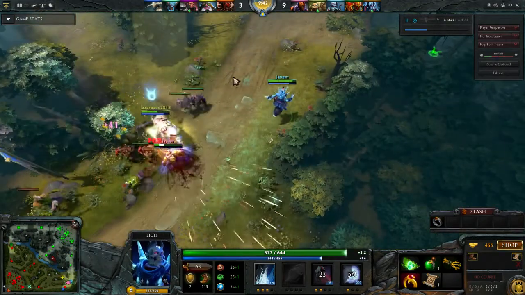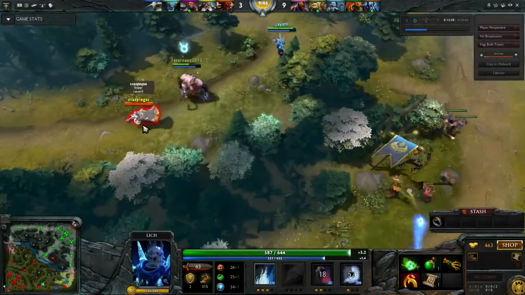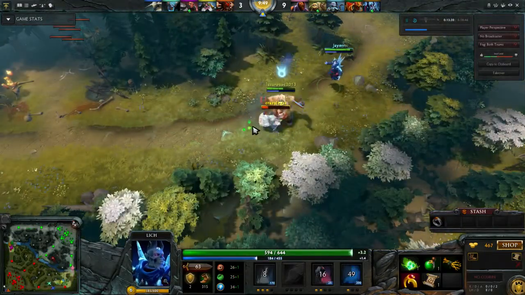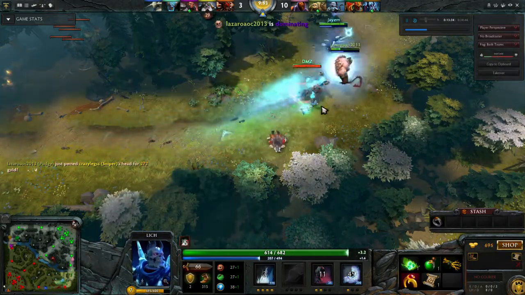Radiant's top tower is under attack. Bit hopeful there, bit hopeful on the Anti-Mage. But you know, gonna see if he ends up paying for it. Easiest take in the world, and he does get it. And a super easy kill. So yeah, that's just not...